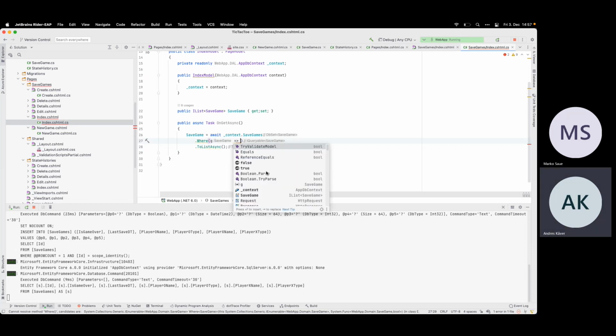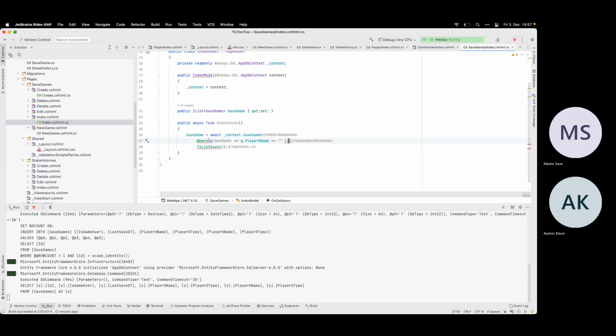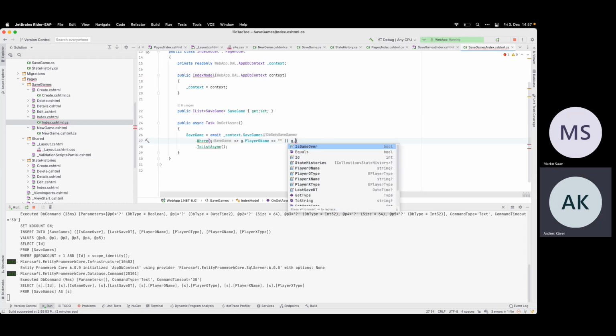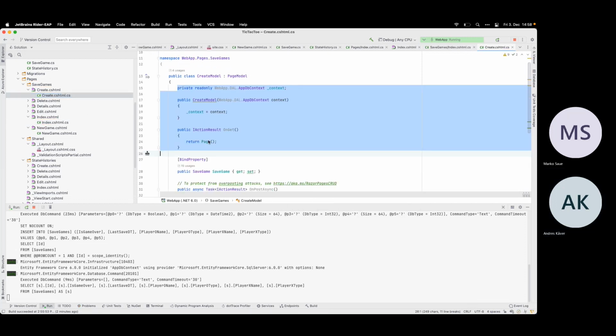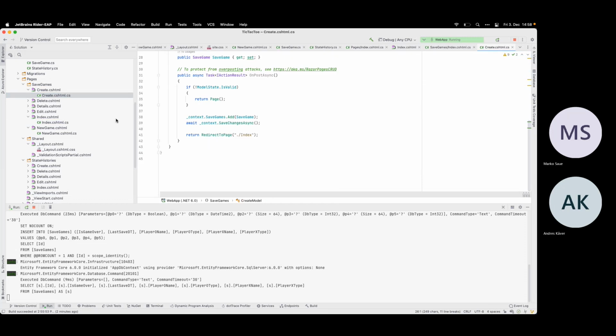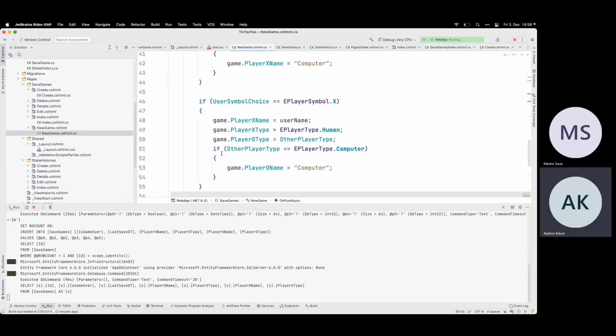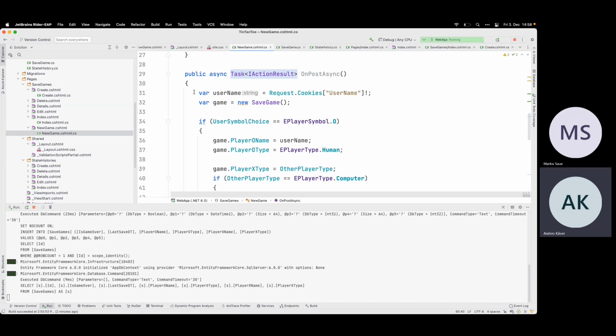So it's a game g.player O name equals with something, or g.player X name equals with something, and we need the player name. No, it's in the new game. So we need this username.